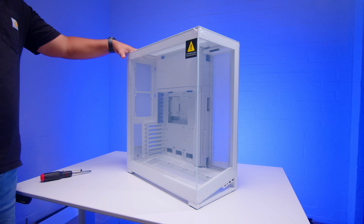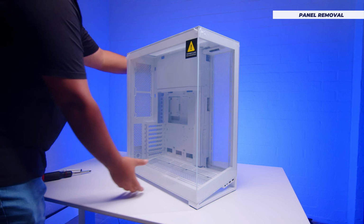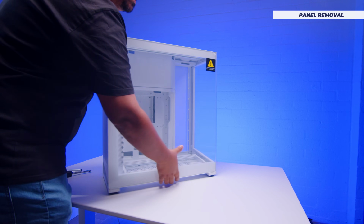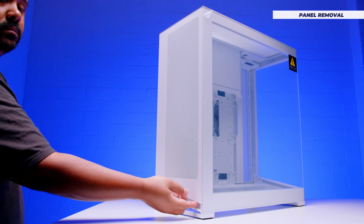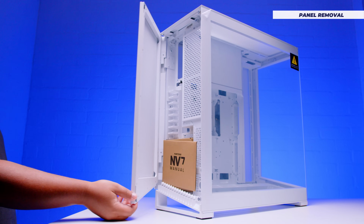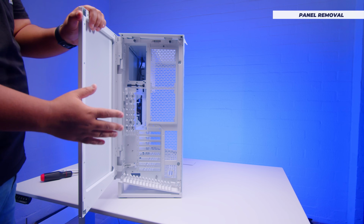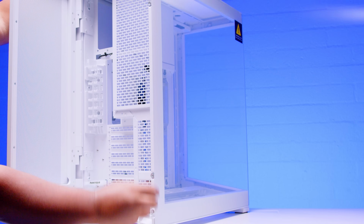Let's start off with panel removal on the NV7. This case is a little bit different to cases you might have seen before. The way to get in is actually through the back. Pull from here and open this as a door. You'll notice that the whole back is enclosed. We'll come back to that and I'll explain how all of this works, but there's a set of captive thumb